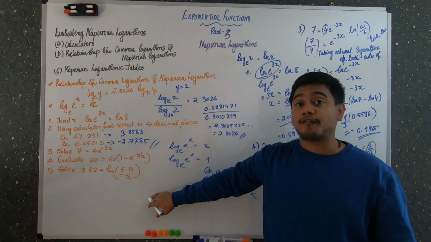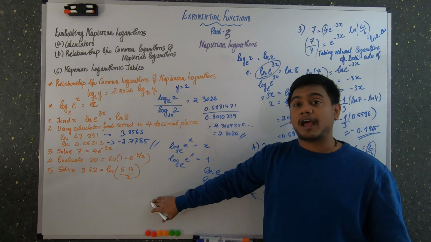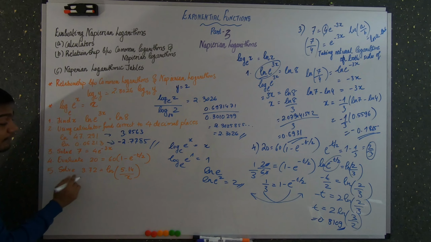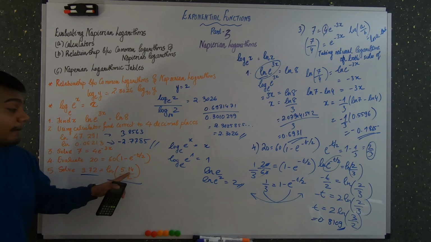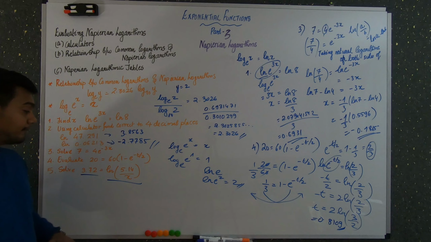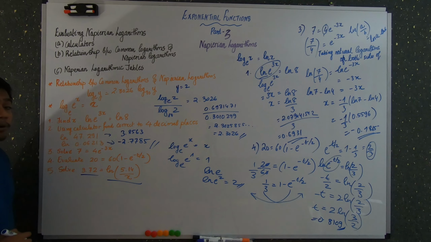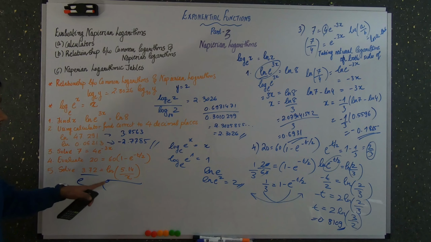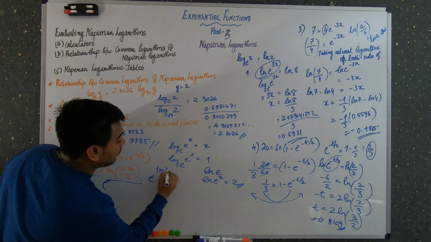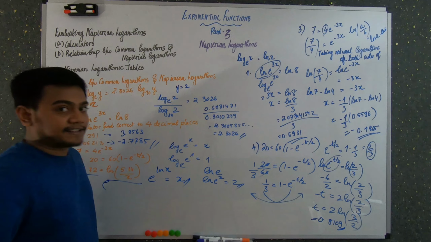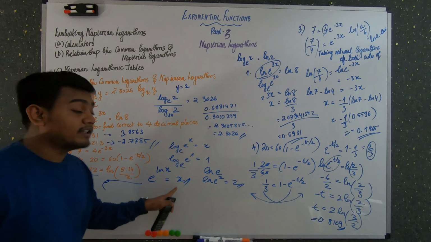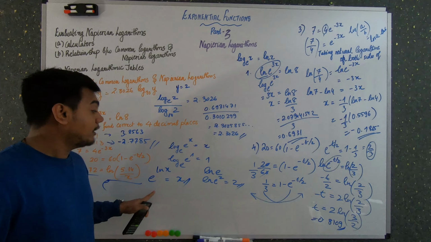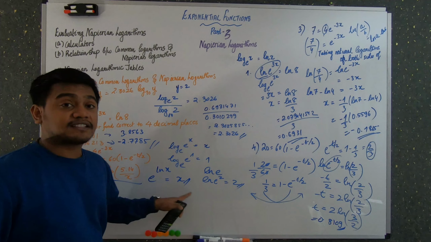Okay, so let's discuss our final problem on this section on exponential functions. So this is the problem. 3.72 is equal to ln of 5.14 by x, right? To solve this problem, you have to take e raised to the term on both sides. So e raised to ln of x is the same as x. If you have any doubts in this section, please refer to my previous videos on logarithms, where I have discussed in detail how we get e raised to ln of x as x.